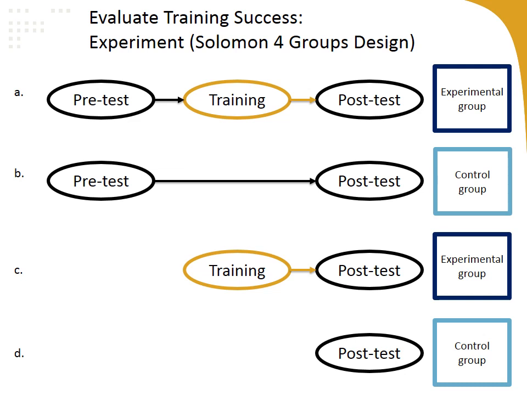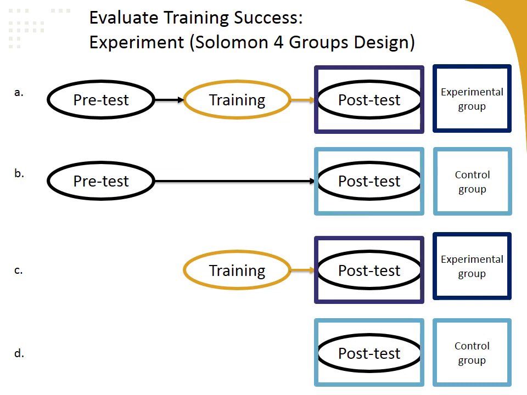So if you look at all the post-test scores, so if Group A and C have much better scores on job knowledge or performance post-tests compared to Group B and D, then you can be confident that the trained group's performance is higher than the untrained group's performance, and training probably improved job knowledge.